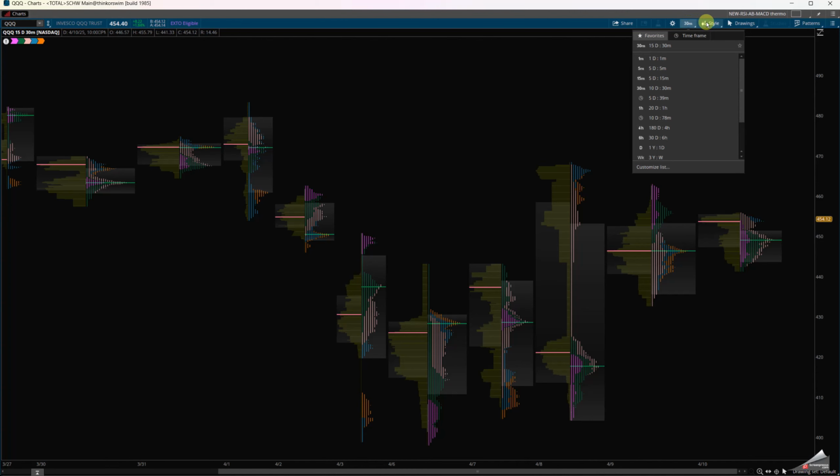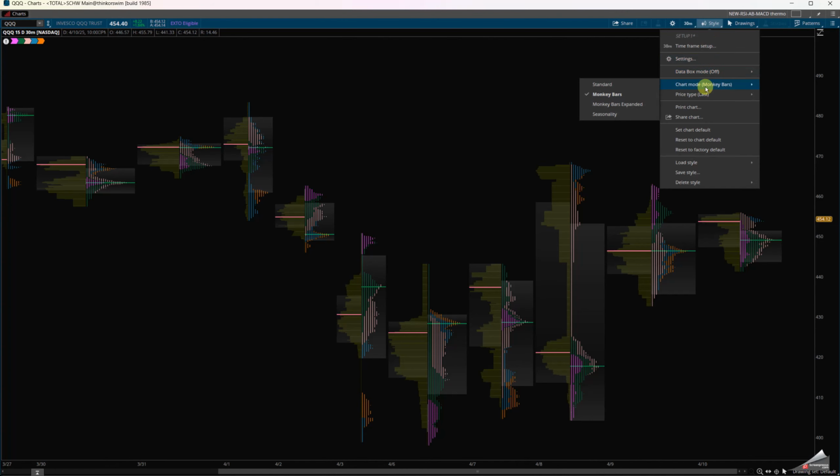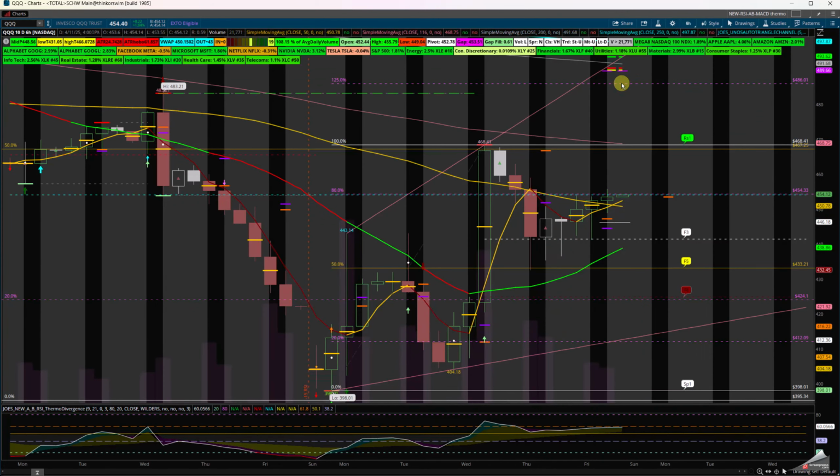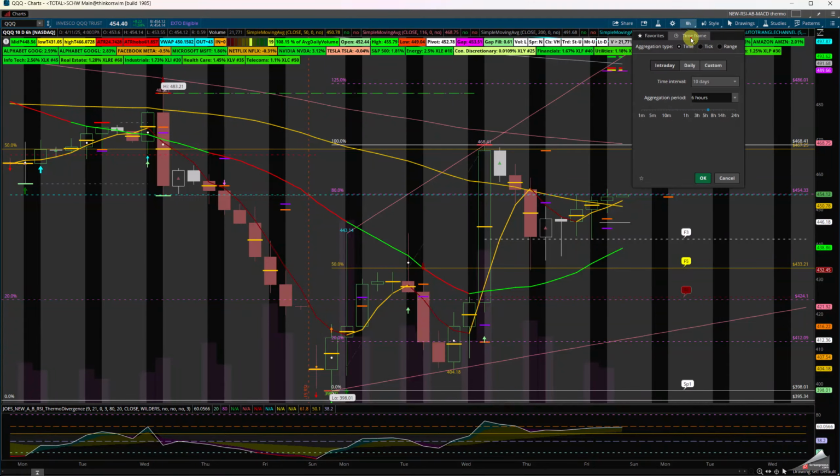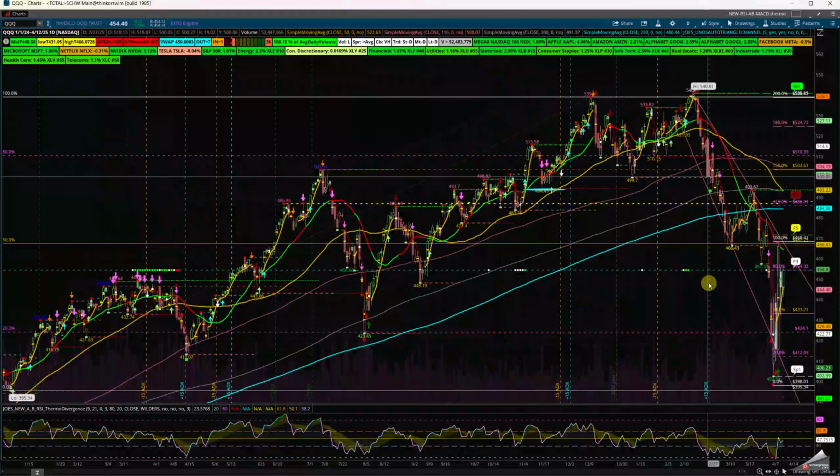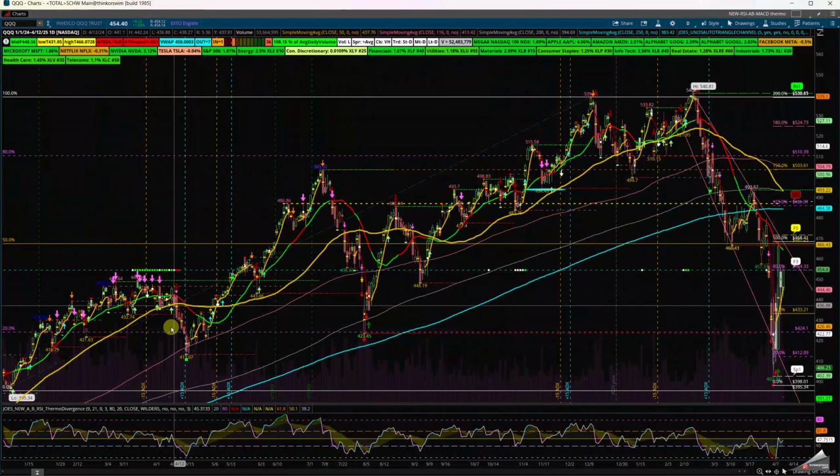So this is how you look at the profile. You can go from style, go back to standard, you'll see the candles, and we can go to the daily chart time frame. Instead, we can go daily 1 year, or custom, we can go to 2024, and we can put OK, and you can see the levels for the week.